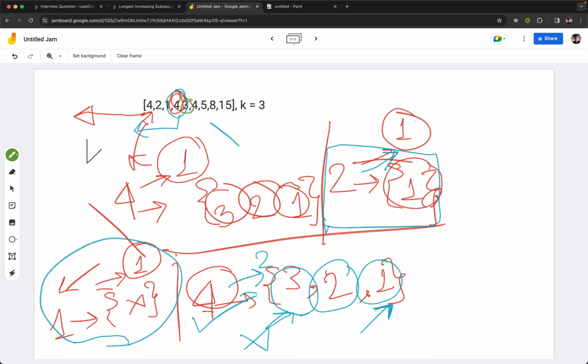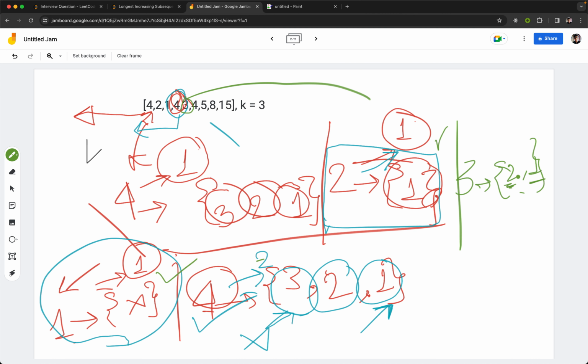Let's consider this 3 for now, fine. Now for this 3, again similarly, what elements can we choose? We can choose 1, we can choose 2 and 1, right? Now if you again see, with 2 we have already formed a length of 1, with 1 again we have formed a maximum length of 1. So if we include 3 along with that, we will be able to just form a length of 2, and this makes